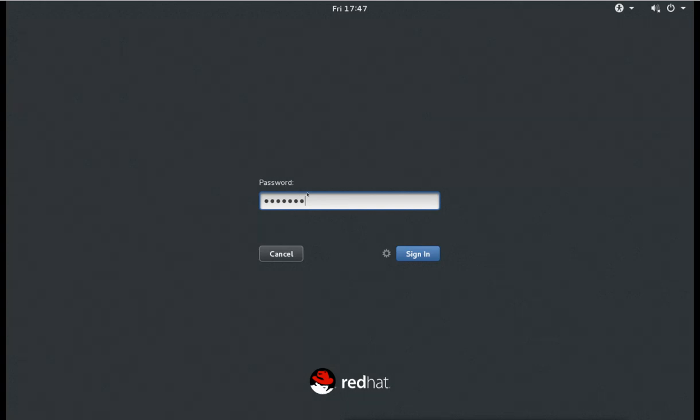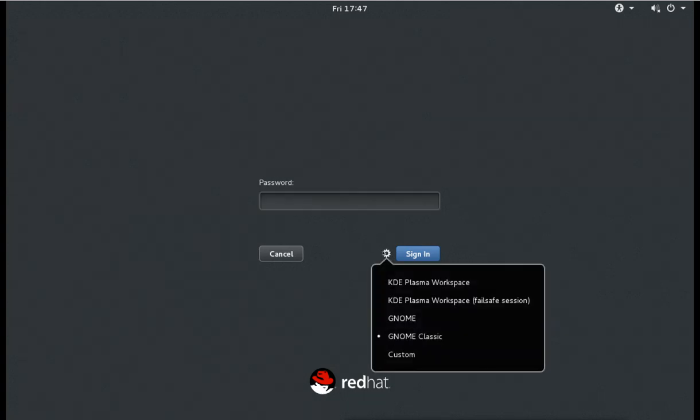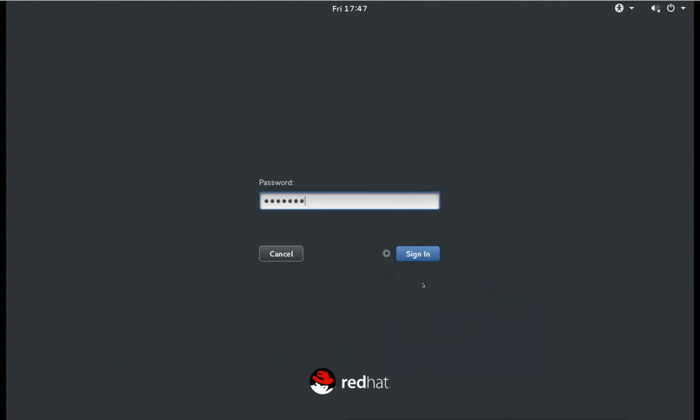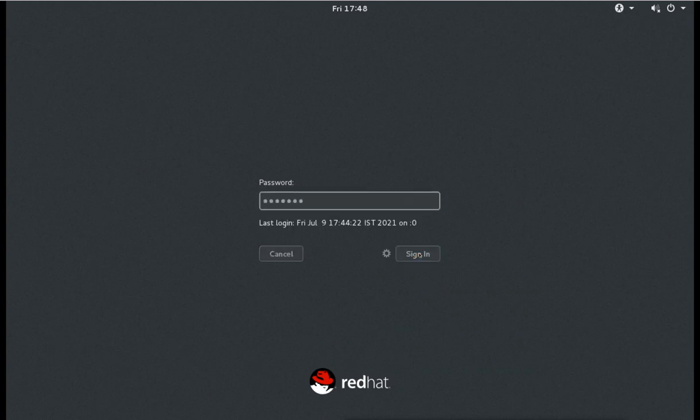Now I will go to this setting here and I will select the KDE. Now KDE, we have this KDE Plasma workspace, and also we have KDE Plasma workspace for fail safe session. If it is not possible to start in this, then we can start in here. So let's go with this and let's see how it looks.